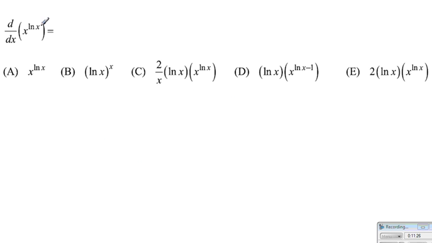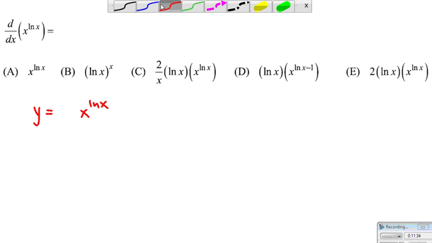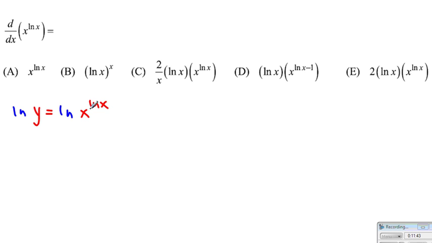Now here we have y equals x to the ln of x. What we can do is separate the bottom, the base, and then the exponent. We can use ln, the logarithm. Then by the power rule of the logarithm, the exponent can come to the front. So we end up getting ln of x times ln of x, which is equal to